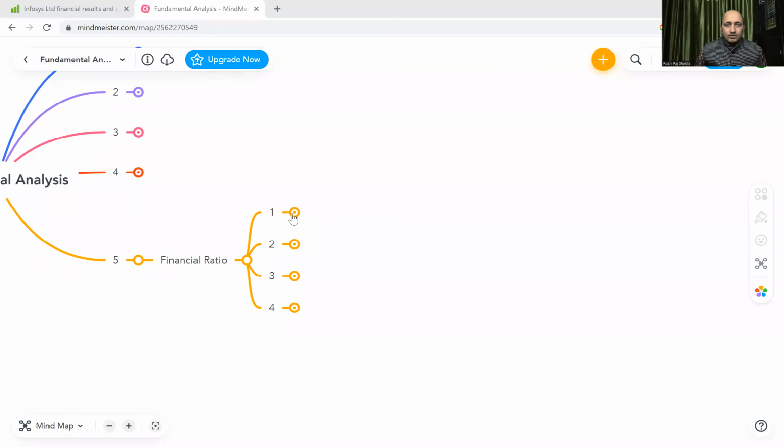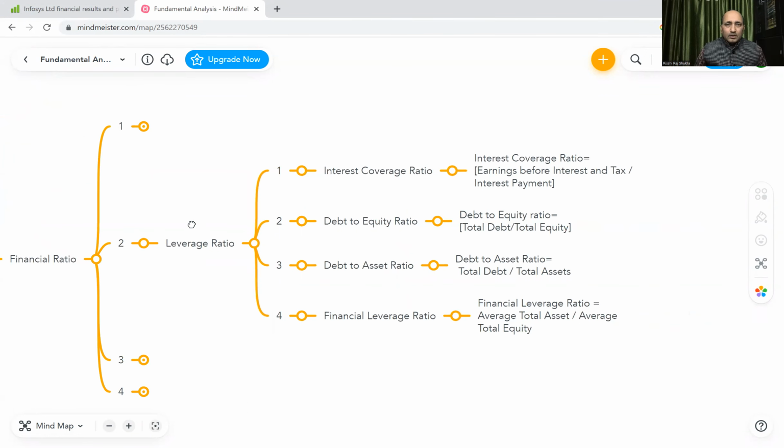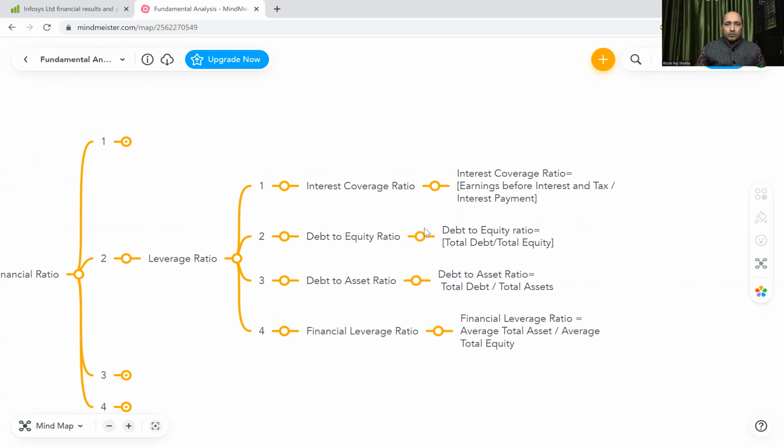So first is the interest coverage ratio. The interest coverage ratio inspects the company's earnings ability. Of course, it is the EBIT level, before any depreciation, interest paid, amortization, as a multiple of its finance costs. Let us say our master financial ratio chart: profitability we have already seen, so today we see the leverage ratio. Under this leverage ratio, the first one